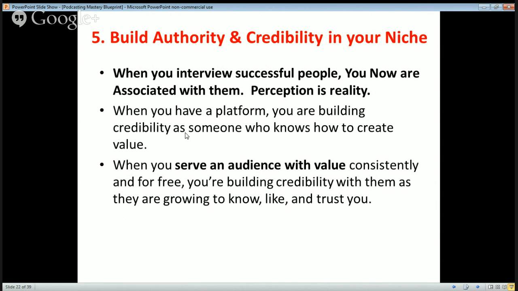When you're able to consistently provide value, okay, and that's what all my mentors, one in particular, Vince Reed, always comes to me and tells me, you got to be consistent. You got to be consistent. You got to provide value out there into the marketplace. And that's really what